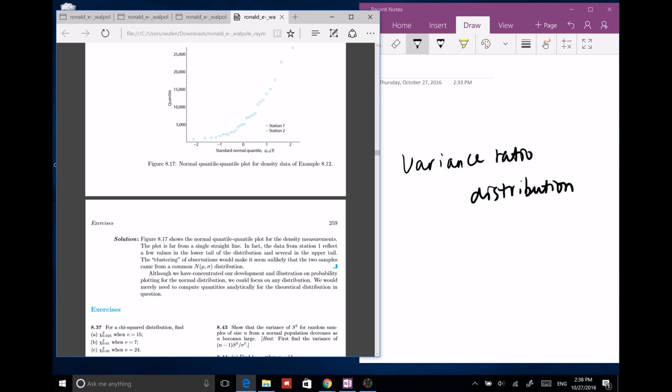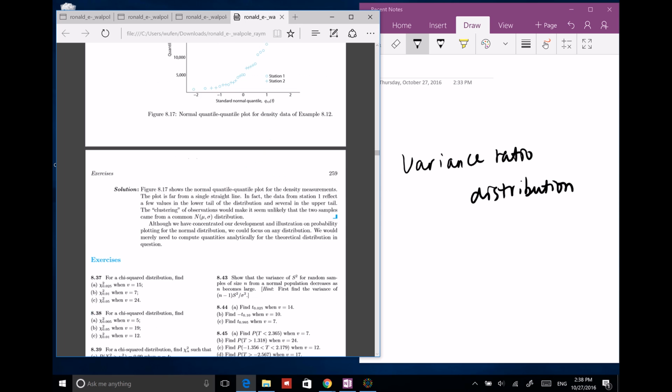Okay. Although we have concentrated our development and illustration on probability plotting for the normal distribution, we could focus on any distribution. We would need to compute the quantiles analytically for the theoretical distribution in question. Okay. All right. So that's the whole